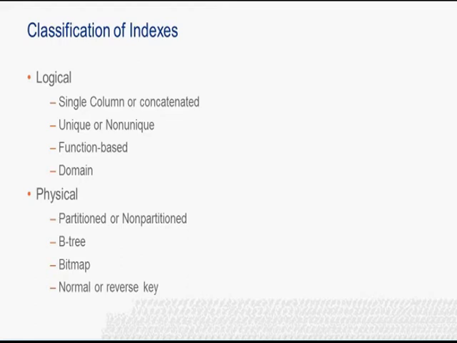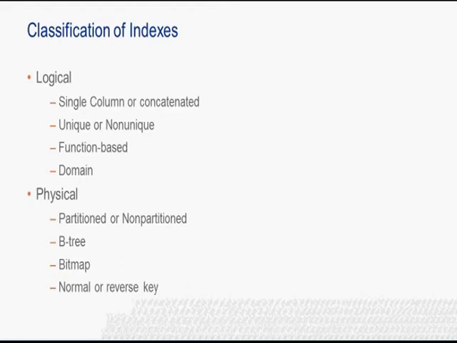Single column and concatenated indexes. A single column index has only one column in the index key. For example, an index on the employee number column of an employee's table. A concatenated index, also known as a composite index, is created on multiple columns in a table. Columns in a concatenated index do not need to be in the same order as the columns in the table, nor do they need to be adjacent. For example, an index on the department and job columns of an employee table. The maximum number of columns in a composite key index is 32. However, the combined size of all the columns cannot exceed roughly one-third of the data block size.